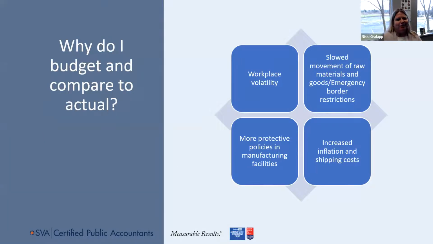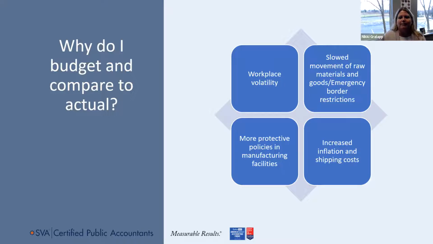So why do I even do a budget, and why do I compare to actual? And why is that monthly so important? Right now we're dealing with a whole economic climate that history hasn't provided to us before. So we have workplace volatility. You think about raising costs of our employees. That's one thing that we hear as a number one problem, and that will remain the problem. But then the other thing is, what if you can't even get the employees that you need to do your job? How's that going to alter your revenue? What does that look like for your business?